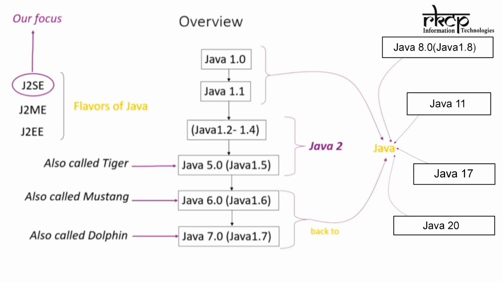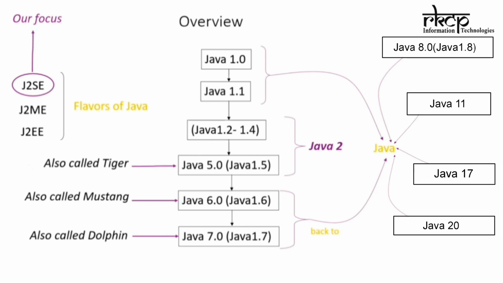Earlier, the Java version we were using, 1.5, was the Tiger version, 1.6 was the Mustang version, and 1.7 was the Dolphin version. So for all the versions they have given a specific name. But keep one thing in your mind,